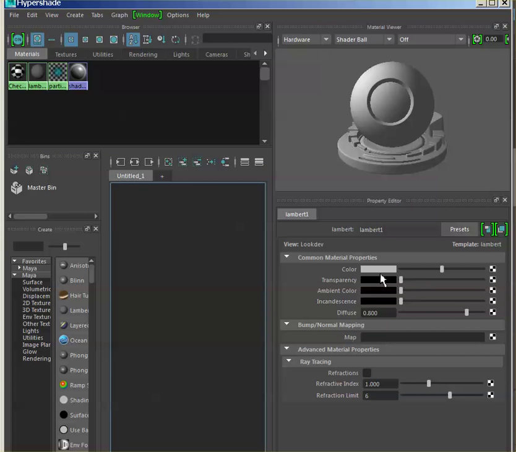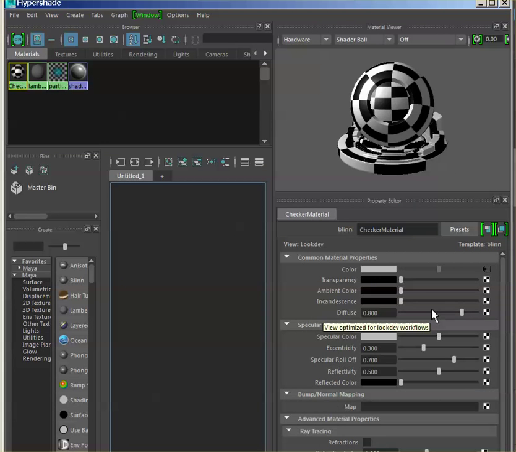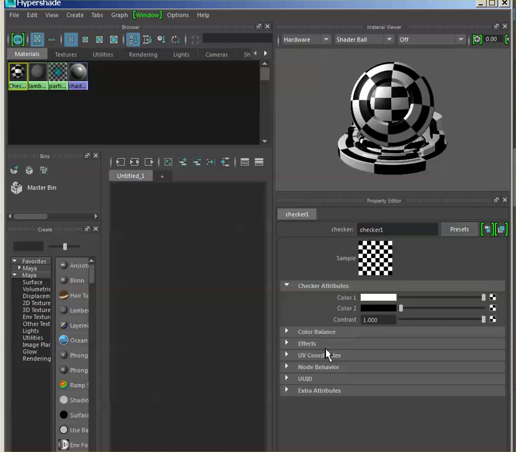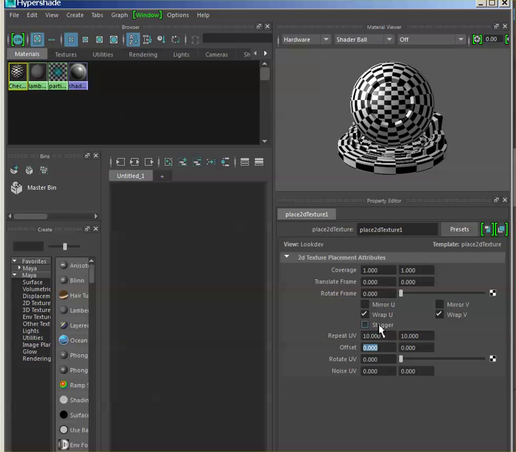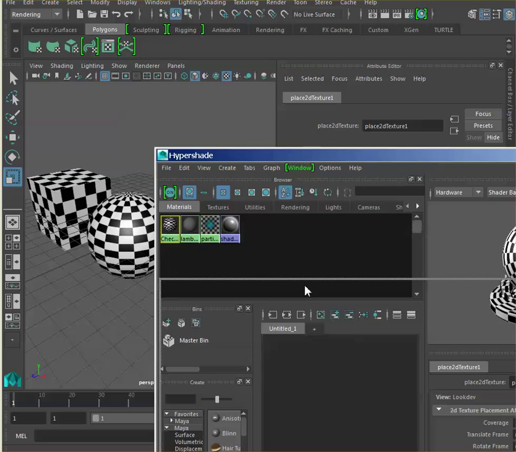So let's go to the color attribute with our material selected over here, and then let's follow that connection node there for the color, and go to the UV coordinates section. Let's tile those UV coordinates 10 times. So let's go to the repeat UV option and set it to 10 and 10. Make it the same so that you don't end up with stretching or rectangles on your UV. Let's take a look, and now you see that it looks more